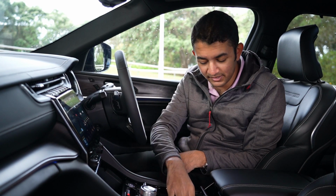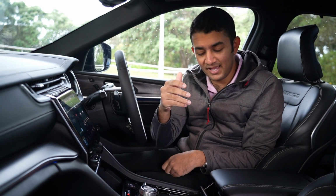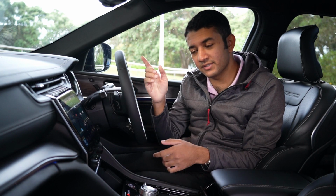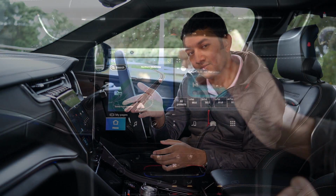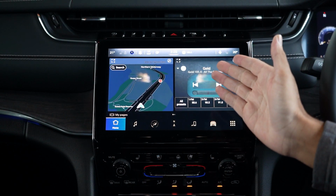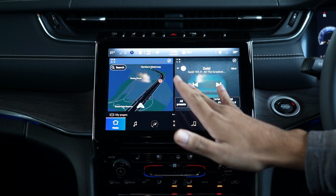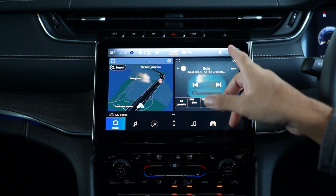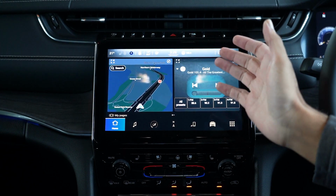Two cup holders in the middle here, and a neat little slot for your key. I always like that. And of course LED lighting, frankly, all around, again, which you can control via the Uconnect 5. So let's take a look at that. This screen here is Jeep's Uconnect 5 system. Right now I've got it in the home page view, and you can see there that there's the navigation on the left, my audio input on the right. But using those I can sort of customize what I see on here,